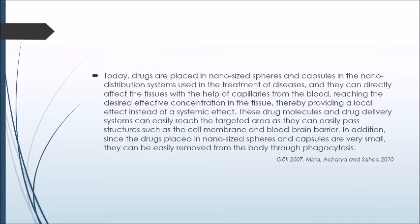Today, drugs are placed in nano-sized spheres and capsules in the nanodistribution systems used for the treatment of diseases, and they can directly affect the tissue with the help of carriers from the blood, reaching the desired effective concentration in the tissue, thereby providing a local effect instead of a systemic effect. These drug molecules and drug delivery systems can easily reach the target area as they can pass structures such as the cell membrane and blood-brain barrier. In addition, since drugs placed in nano-sized spheres and capsules are small, they can be easily removed from the body through